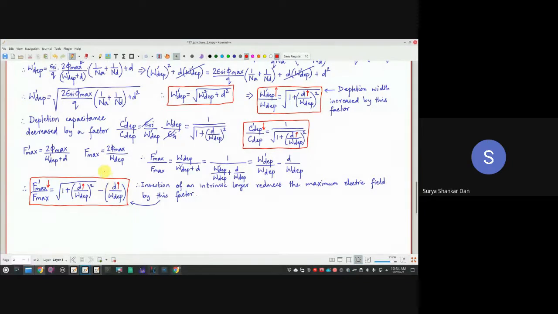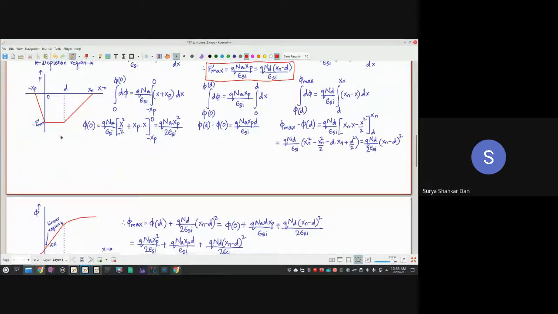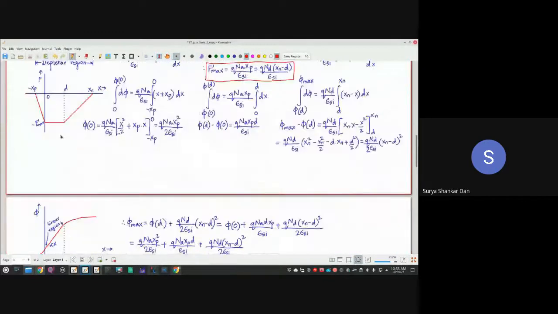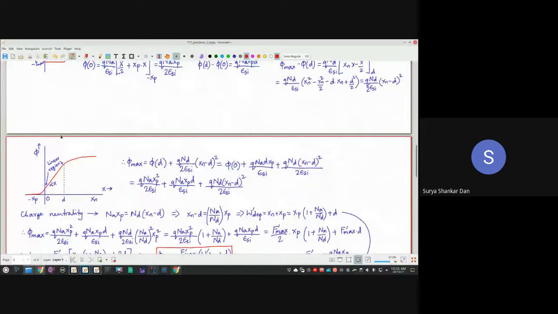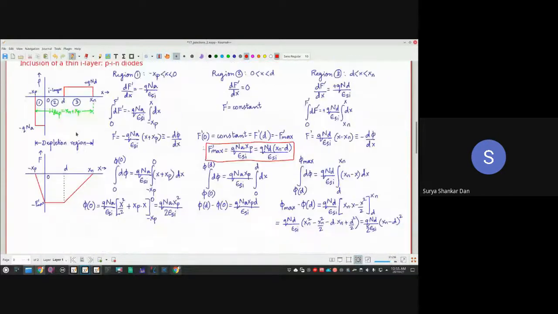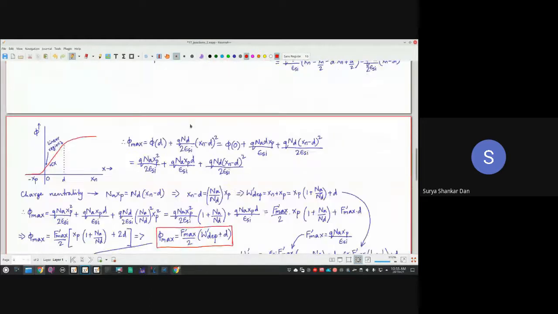Obviously it makes sense. आप depletion width, अगर आपने intrinsic region को इतना ज़्यादा बढ़ा दिया कि everything interesting is going to die down. You need to have this I region only a few nanometers at max. Okay, so this is a very important thing. Now, how do you implement this I region in case of a MOSFET? ये तो diode हो गया, PIN diode. Okay, PIN diode has got lot of applications, of course, especially in the microwave sources.